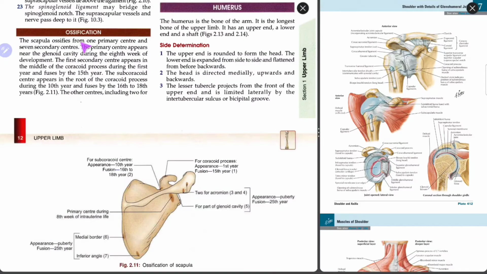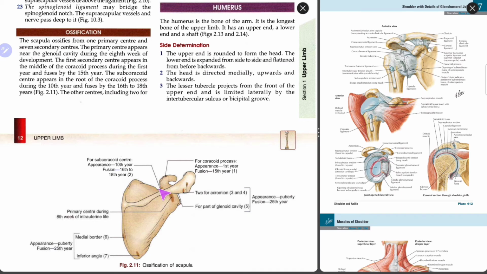Ossification. The scapula ossifies from one primary center and 7 secondary centers. The primary center appears near the glenoid cavity during the 8th week of development. The first secondary center appears in the middle of the coracoid process during the first year and fuses by the 15th year. The subcoracoid center appears in the root of the coracoid process during the 10th year and fuses by the